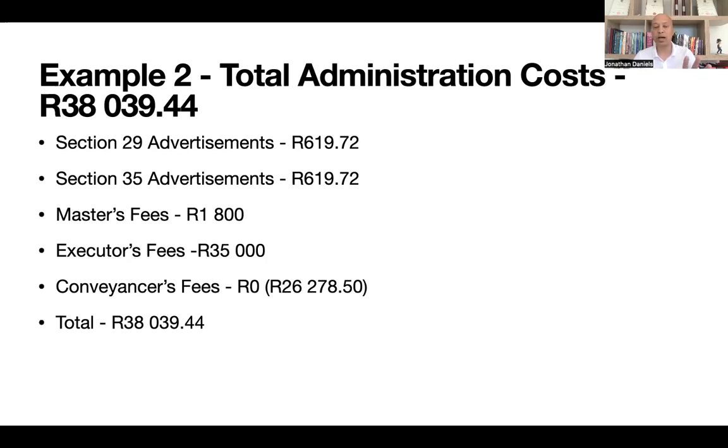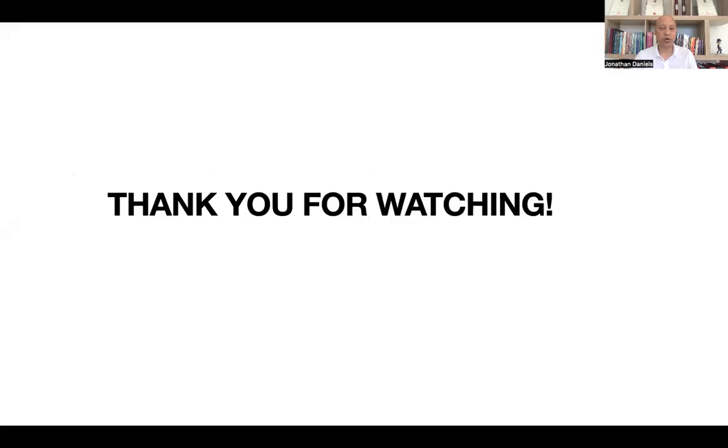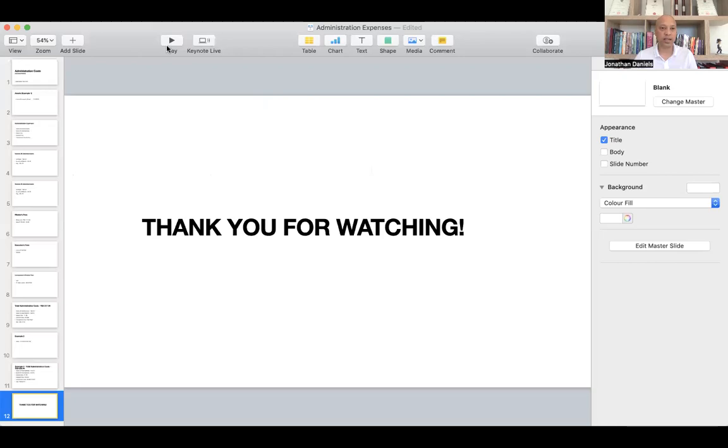For the moment, remember, I'm not including any applicable VAT. And finally, here's the difference, you see. In this case, we can exclude the costs of the conveyancer because there's no immovable property to transfer to any beneficiaries. There's only cash assets. So in this case, the total administration cost will be much less than in the other example, only 39.44. Now, guys, that in a nutshell is how the seized estate administration costs work in practice.